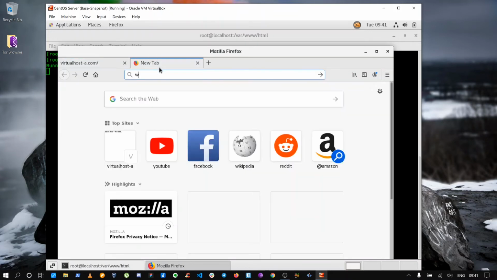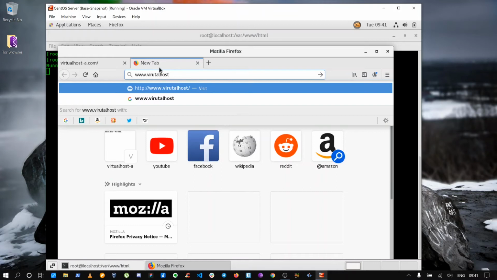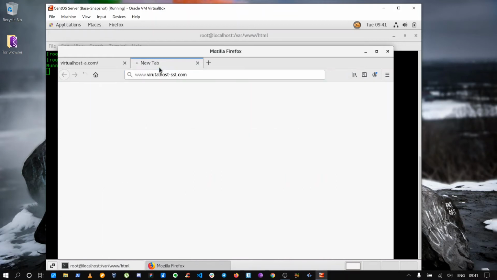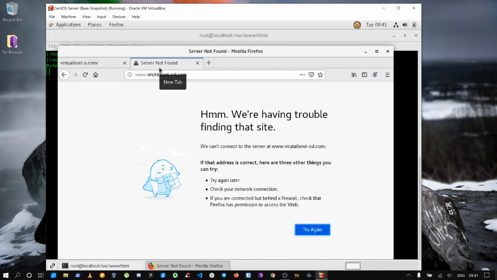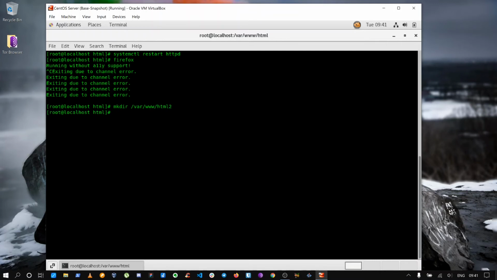Now let us go for the other website. Nothing will be displayed here, and moreover we do not have the directory by mistake. So let us create the directory: mkdir /var/www/html2. Then touch index.html, move index.html to html2.